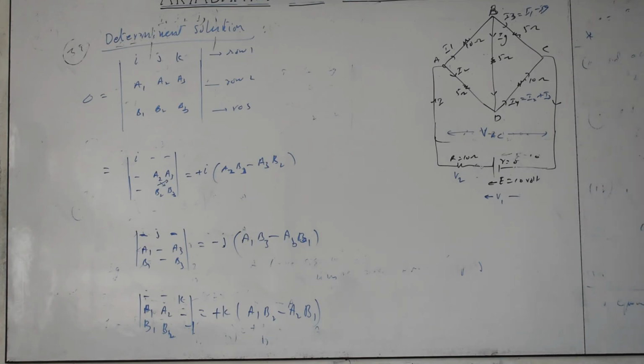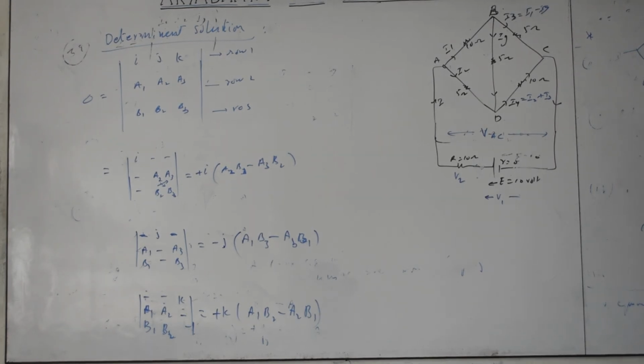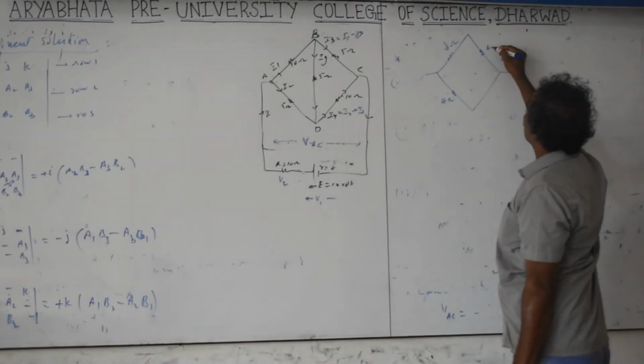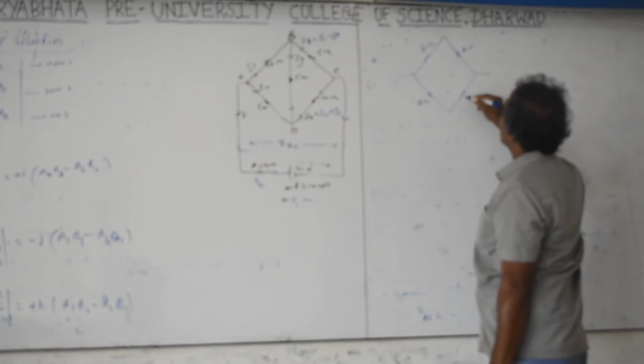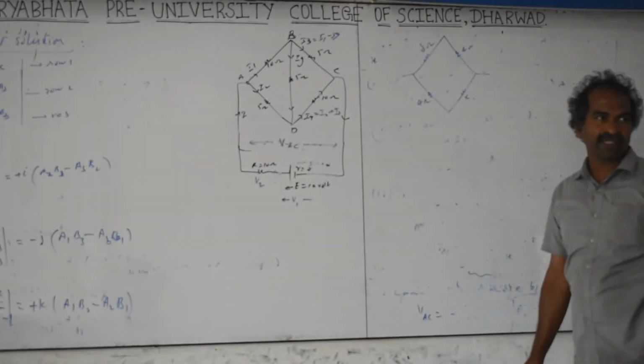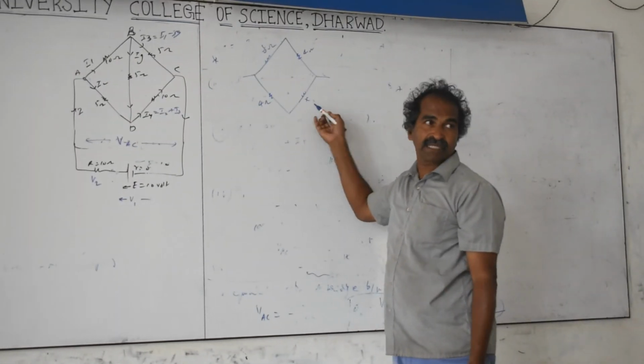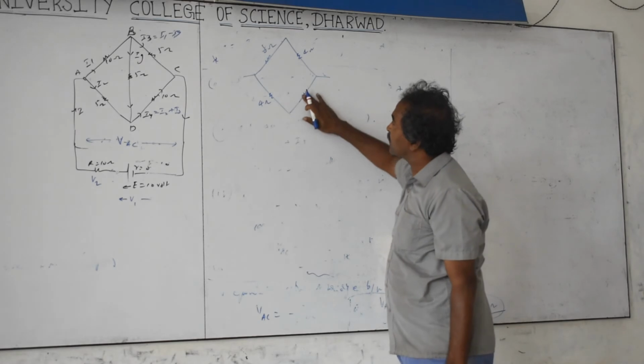In case they give you a Wheatstone bridge like this. Here 10 ohms, 8 ohms, here 4 ohms. 8 by 4 is how much? 2. Here, say 4 ohms, and they may give you x and ask you to find the value of x. This is the simple case. The value of x: 8 by 4 should equal 4 by x. You can calculate x by cross multiplication. But here they make an unbalanced condition.